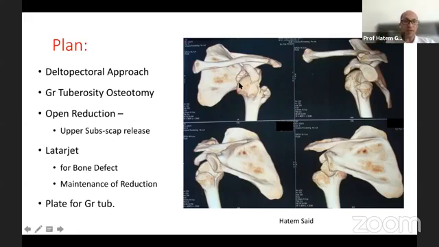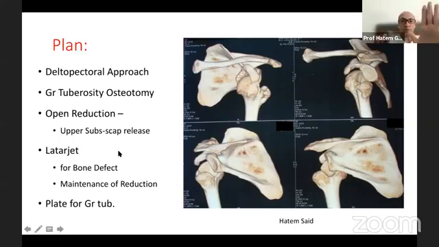And this is one of the things I've learned from these complex cases. Now, lateral J has two benefits. One, if you have an extensive bone loss of the glenoid, which you may or may not have. But even if you don't have bone loss, in all these chronic cases I plan to do a lateral J, because you need something to